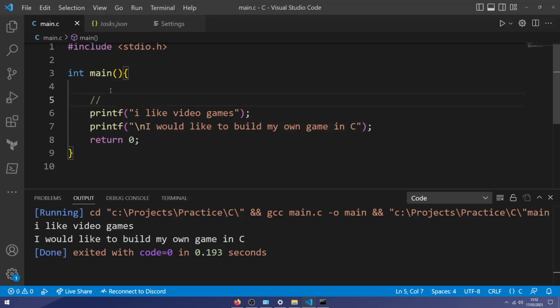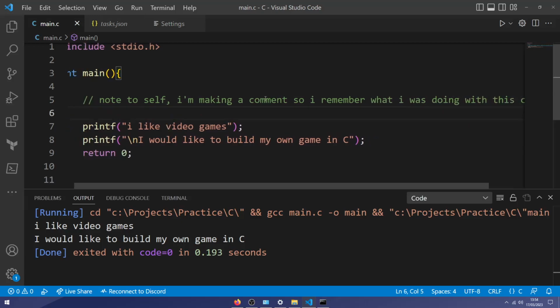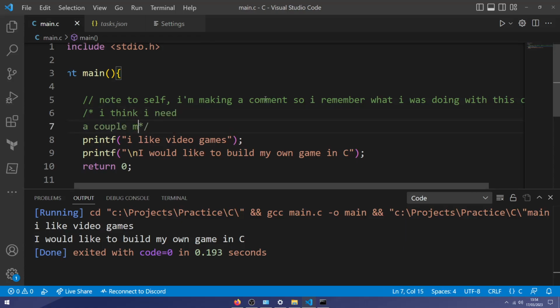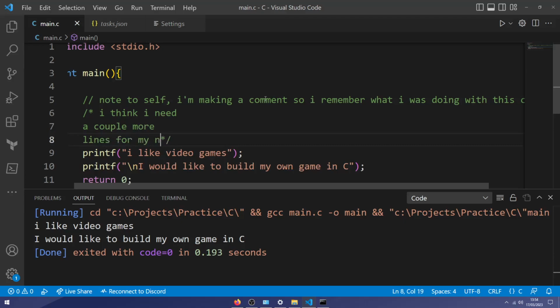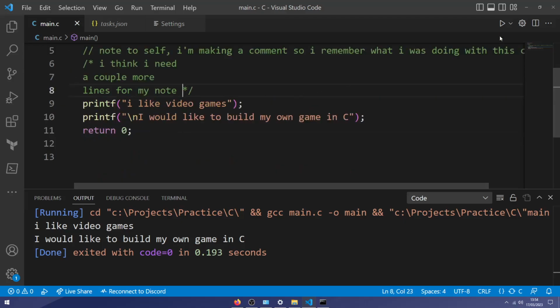Let's talk about comments. A comment is a note that is written for a reader and ignored by the computer. You can type in any comments you want here. And if you want to add multiple lines of comments, you do a / and a star, and then you end it off with a star and /. And if I run it, you can see that it did not write out my comment.